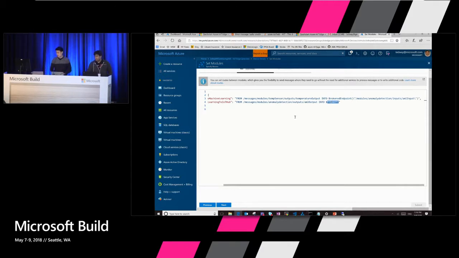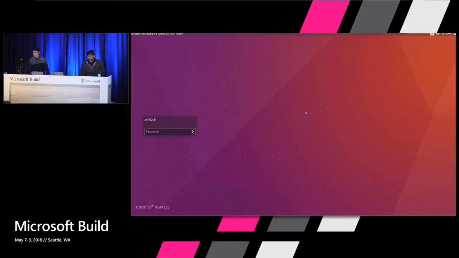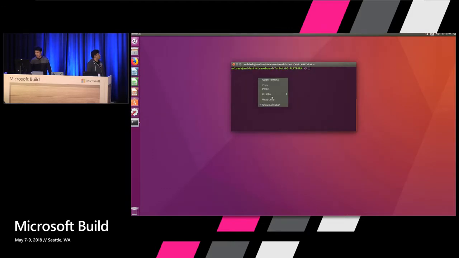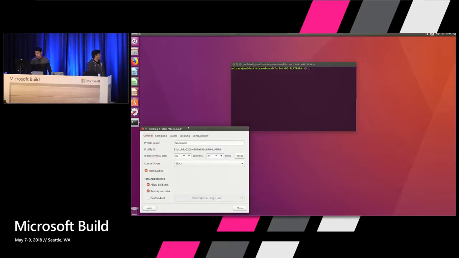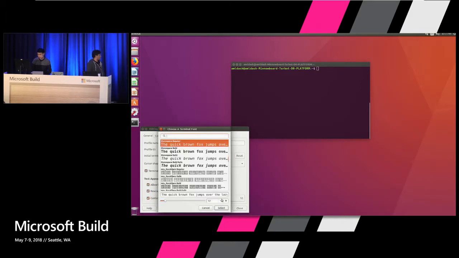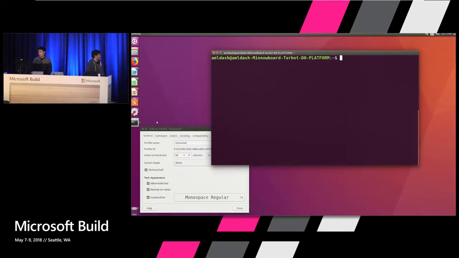So after doing that, let's jump over to the actual Minnow board. This Minnow board is running Ubuntu here. And let me see if I can increase the font size a little bit here. All right. So on this actual device,